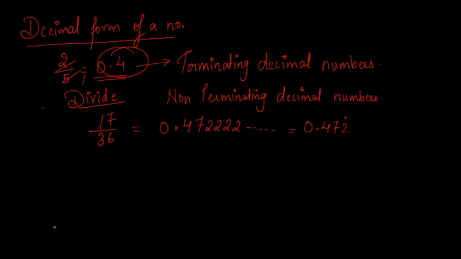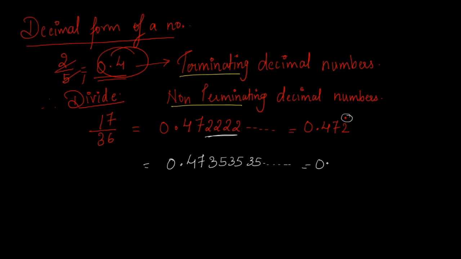So you have two types of decimal numbers, children. You need to remember there are terminating as well as non-terminating decimal numbers. Now we need to understand one more thing, that is whenever you have a single digit that is repeating, you use only a small dot on the number which is getting repeated again and again. But when we have other numbers, say for example I had 0.47353535 and this was going on continuously.